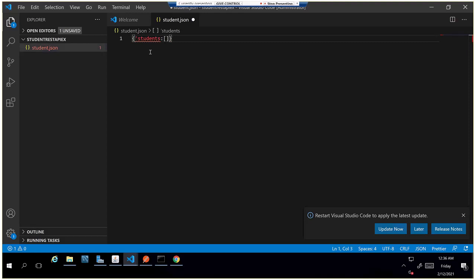It is not a string. This is a key, and keys are in double quotes. Now here we'll create a different student object. Here I'll specify ID one, first name and last name.